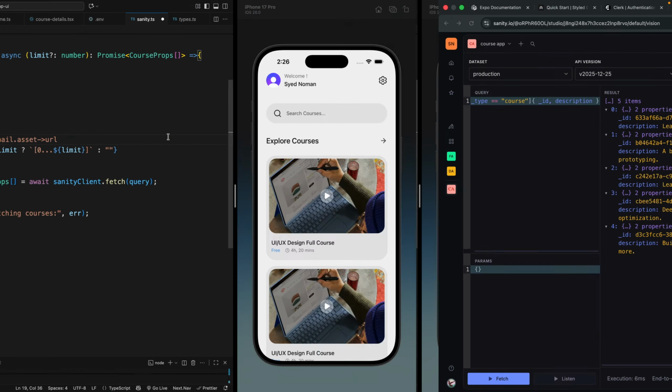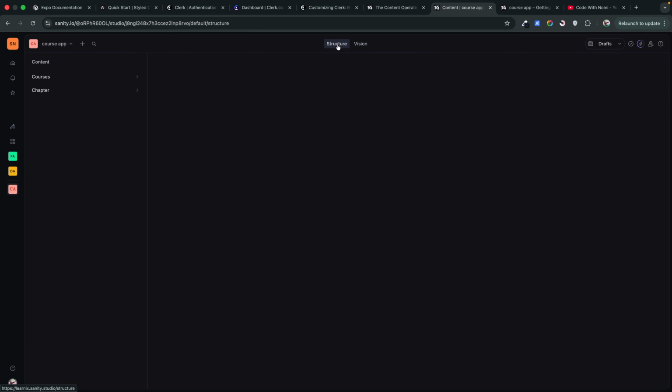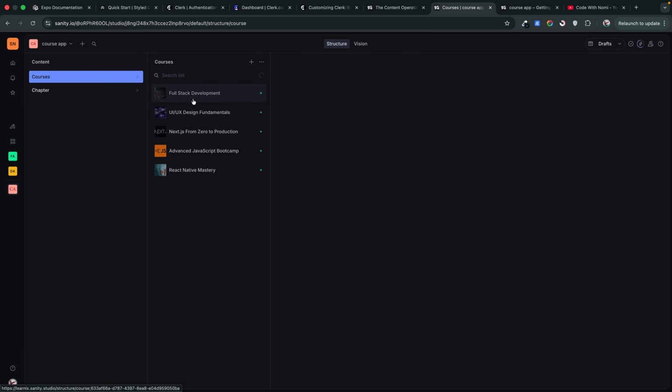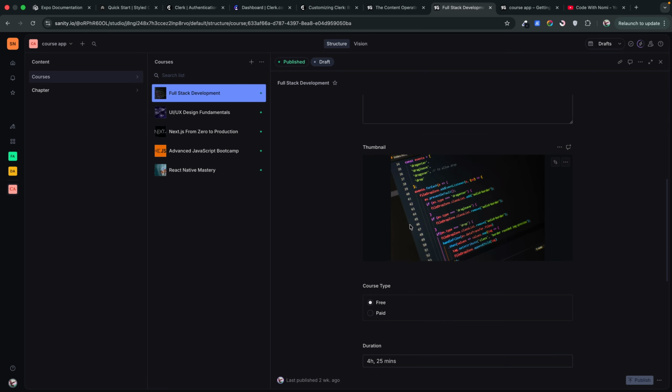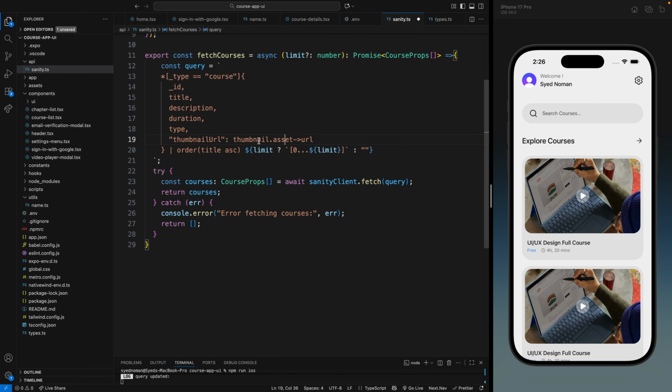If I just show you, if we go into the structure, courses, full stack development, here we have a thumbnail. Because it's an asset, to get the URL of this image, we will need to provide thumbnail dot asset and then the URL. So this will get the URL into the thumbnail URL,